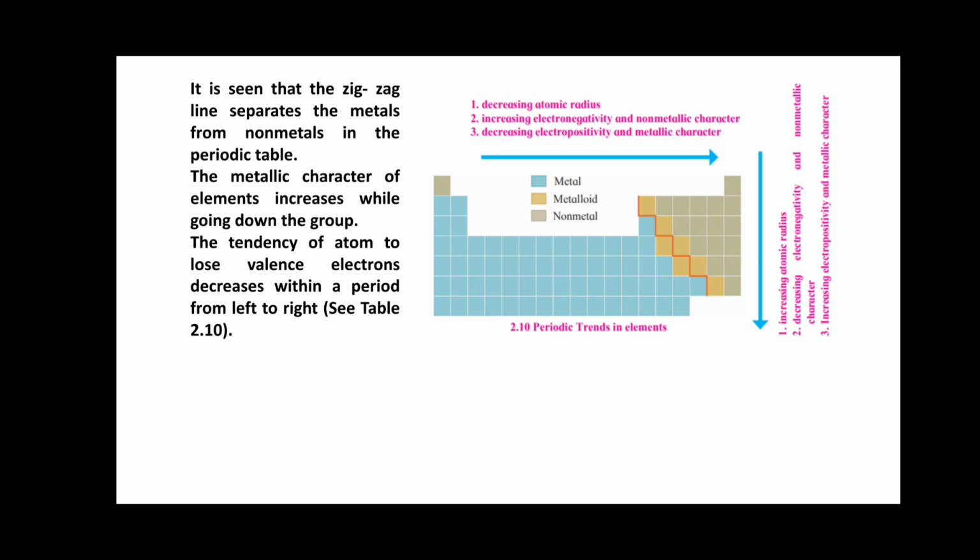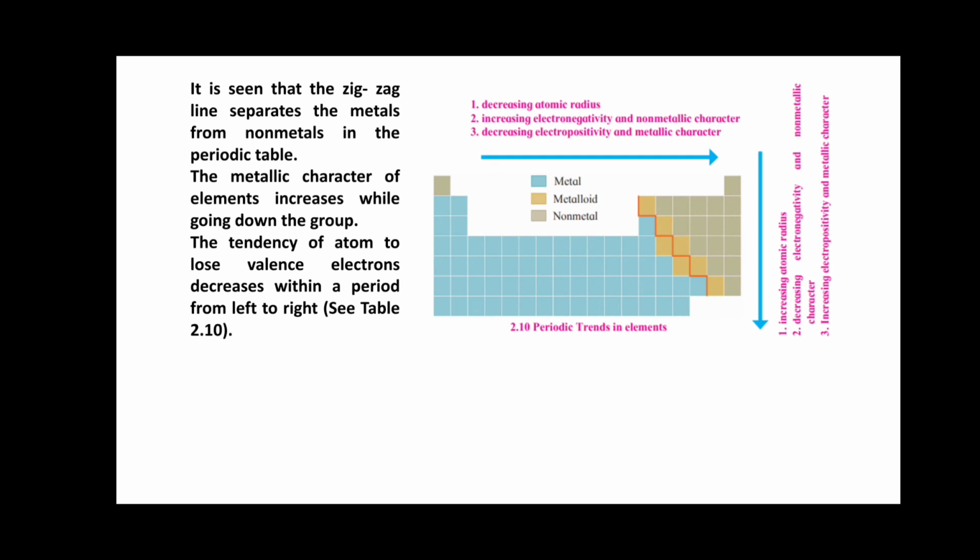As a combined effect of these two factors, metals have a tendency to lose the valence electrons to form cations, having a stable noble gas configuration. This tendency of an element, called electropositivity, is the metallic character of that element. So the periodic trend in the metallic character of elements is clearly understood from the position of the modern periodic table. Let us first consider the metallic character of the elements belonging to the same group.